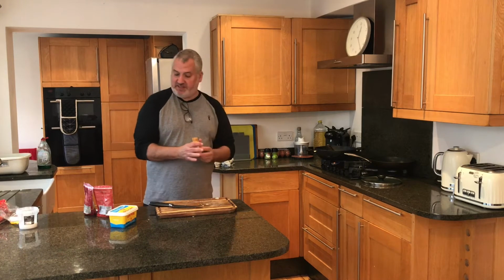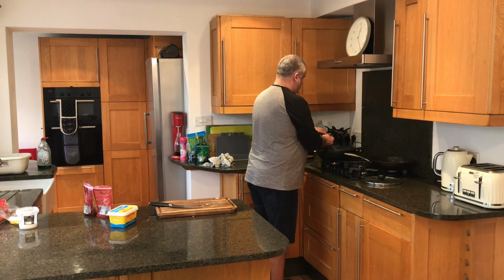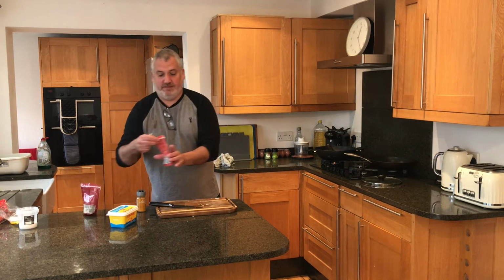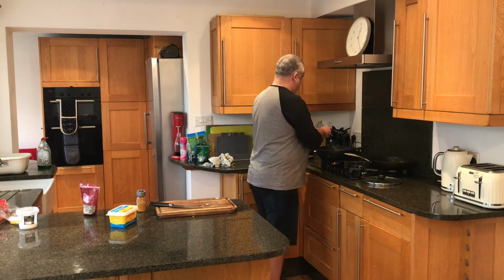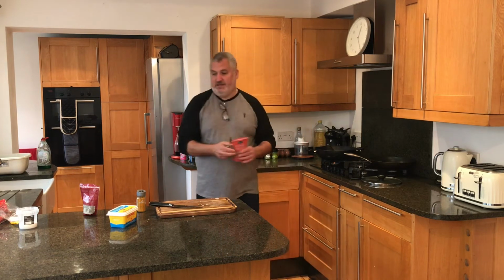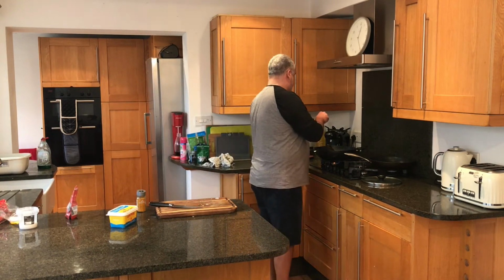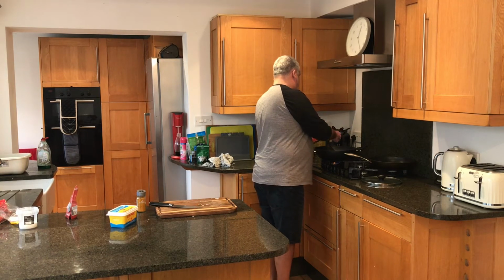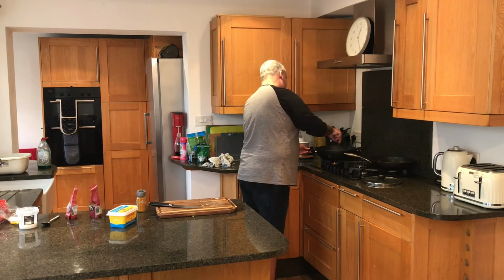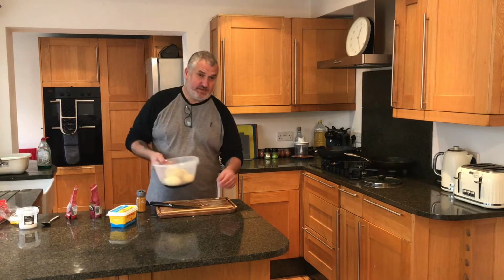You've done the whole spices, now I'm going to add the ground up spices. So just a normal dessert spoon, that's turmeric, garam masala, and Madras curry powder, and then just let that cook for a minute or 2, just to kind of draw out the oils and the